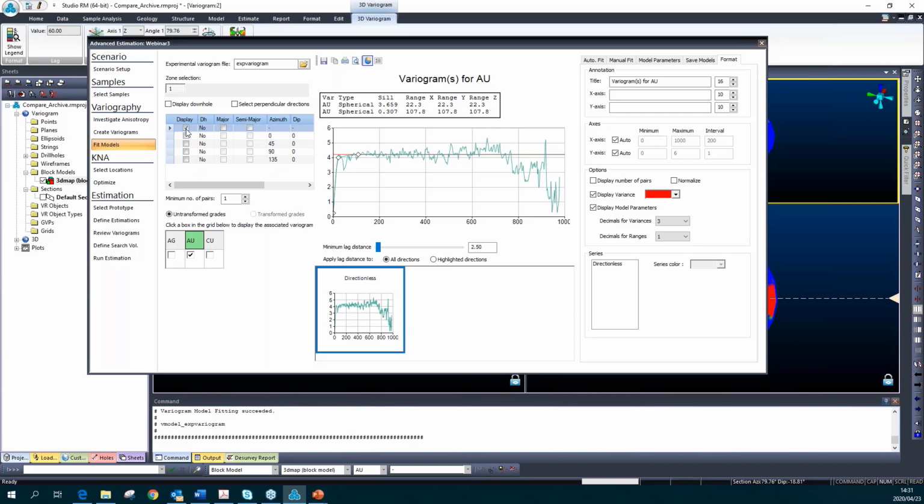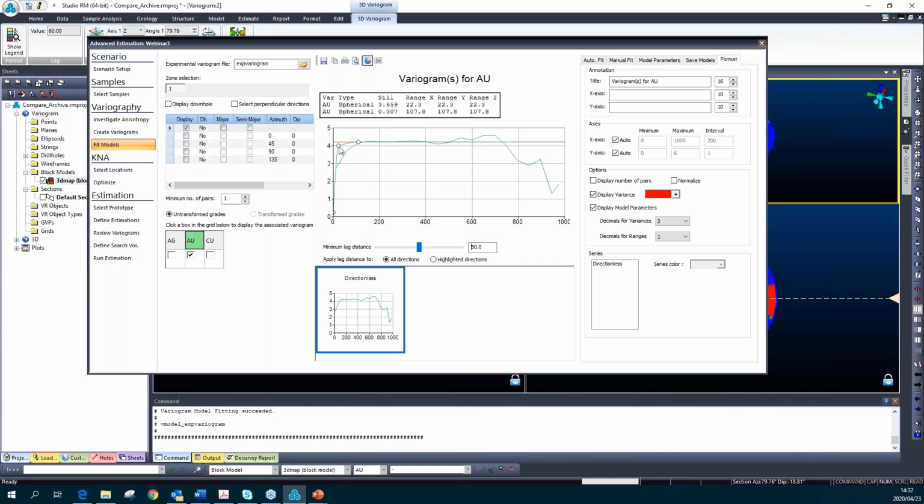Just for this demonstration, I'm going to use the omnidirectional variogram just to keep things simpler. But we know that our borehole spacing was more or less 50 meters. So I'm going to slide my lag up to about 15 meters. If it's not exactly 50, I can just type it in. Okay. So that's more or less